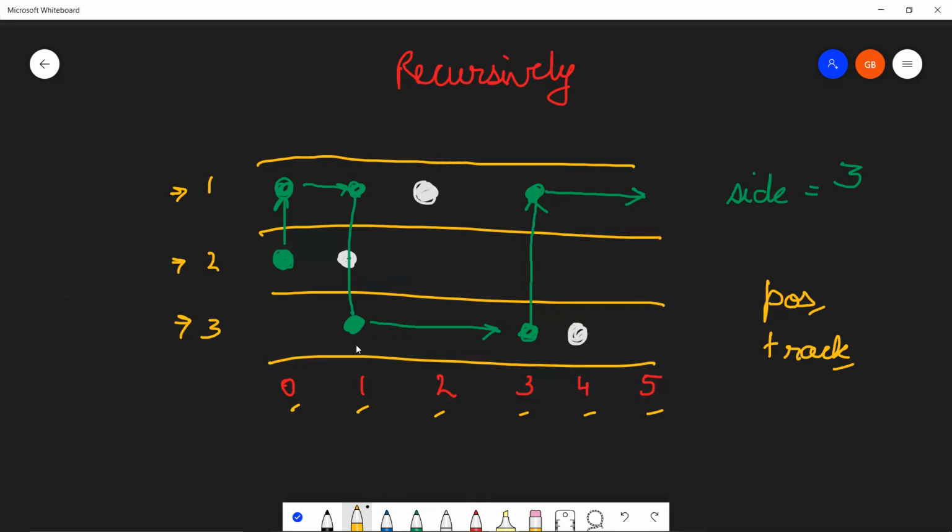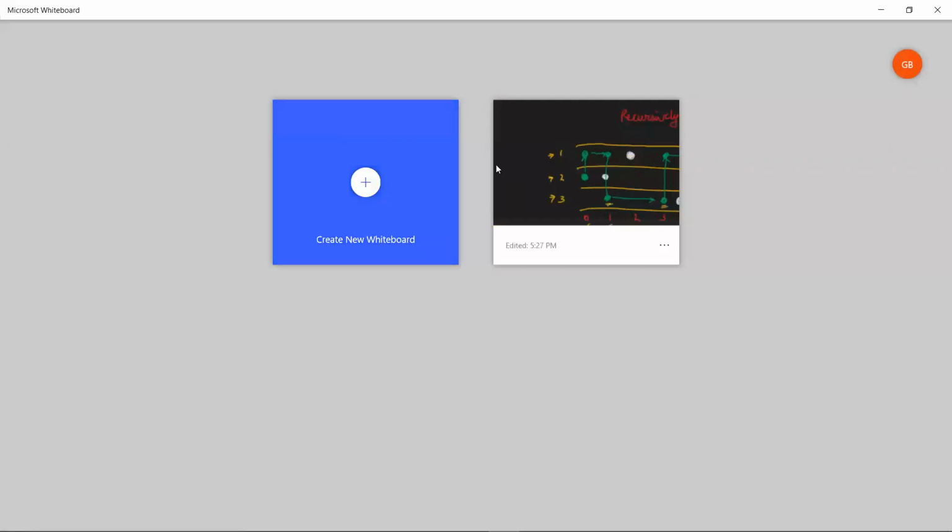Okay. Now, if you noticed here, since the path was unobstructed from point 1 to point 3, our frog just jumped forward. There's nothing much to do here. We do not need to make any side jump. Our frog will quickly go from point 1 to point 3. So this tells us, let me just create a new whiteboard. So this tells us that our frog,